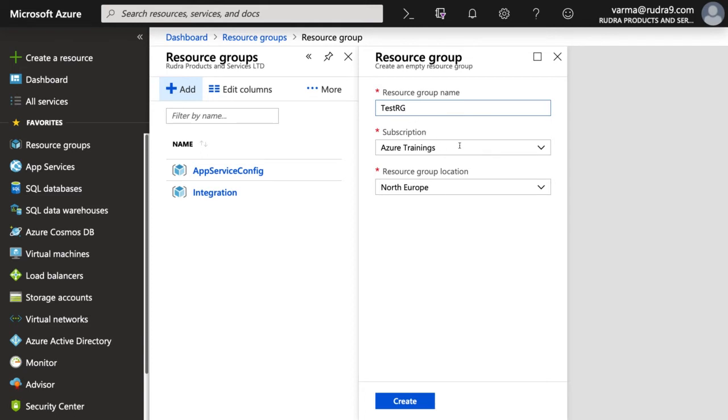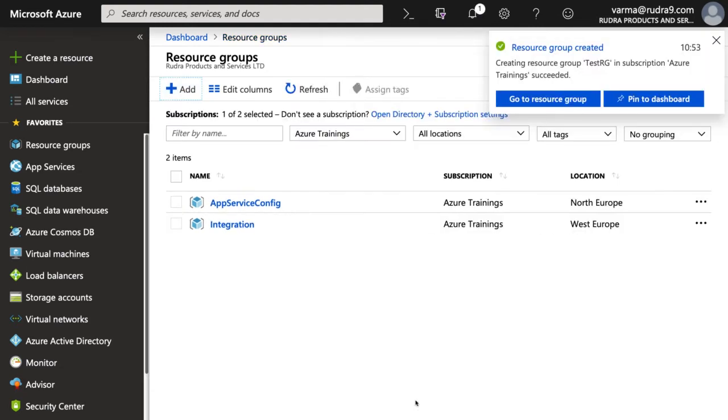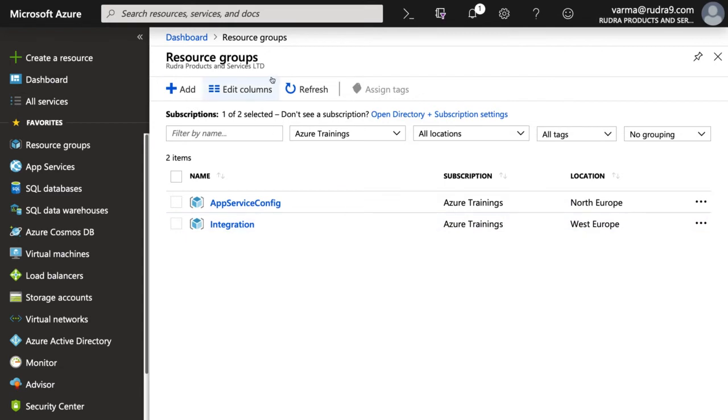Whenever you create any resource, including resource group, that resource should belong to a subscription and you have to select it. And also, whenever you create a resource, for most of the resources, you need to select a location. There are few resources that are global, doesn't belong to a location. For example, Traffic Manager, where you won't select a location for the resource, but 99% of the cases, you will select a location for the resource. Okay, these two are generally mandatory. Click on create.